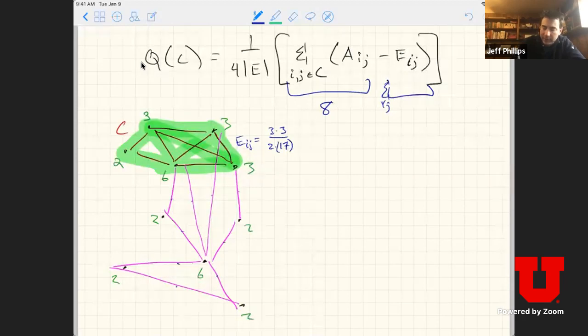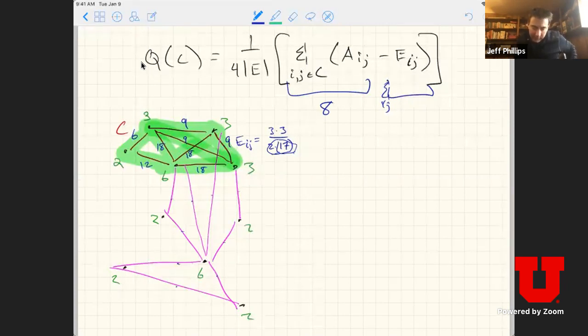And this 2 times 17 is going to be the same everywhere, this bottom part. So let me just write down the product of the two things everywhere here, and we'll add those up. So this is going to be 9. This is a 9. This is a 6. This is a 12. This is an 18, a 9, an 18, and an 18. Okay, so the sum of all these guys is going to be